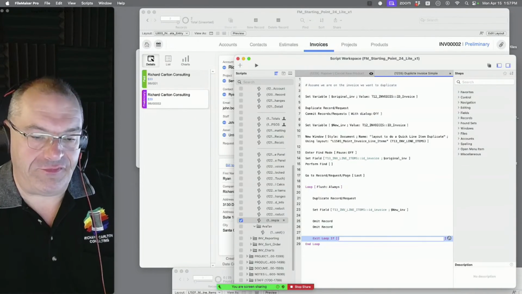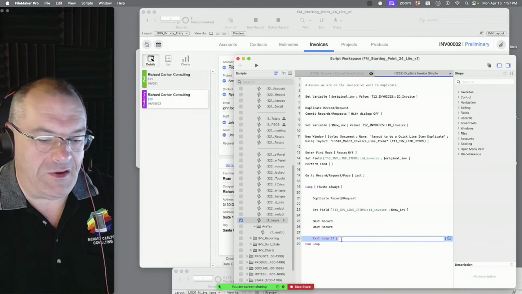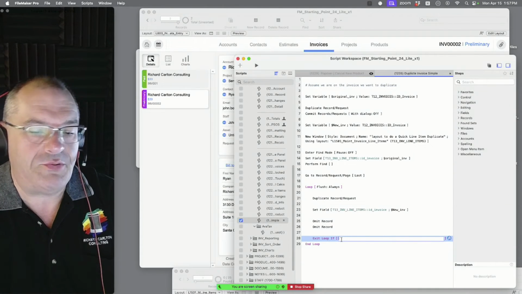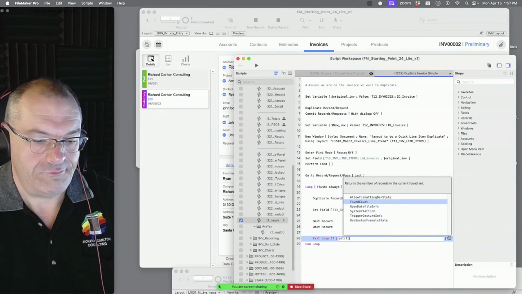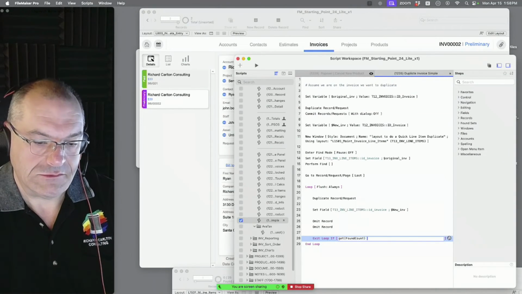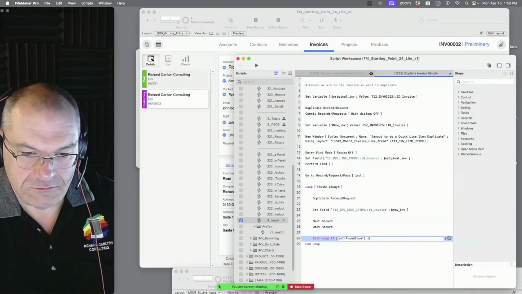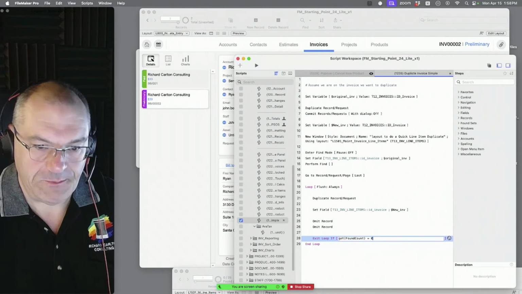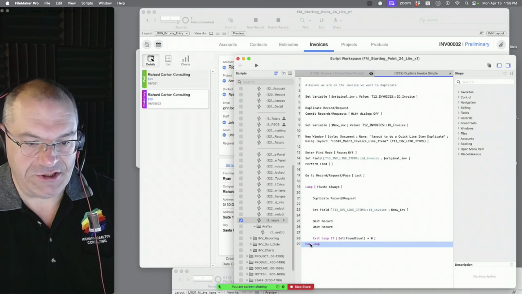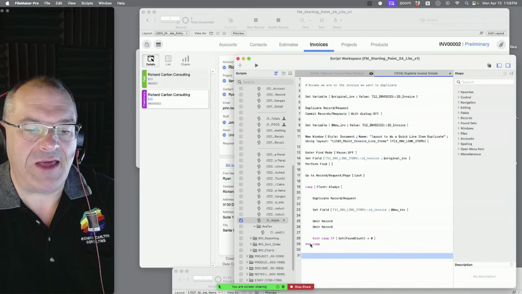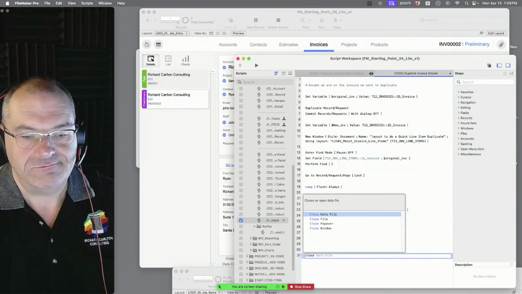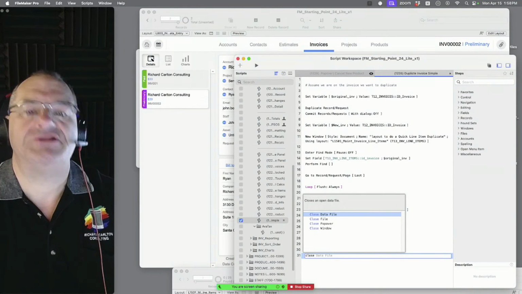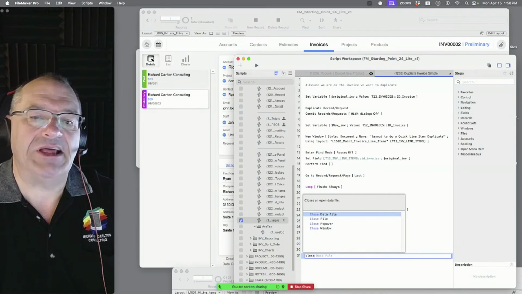Exit loop if... so what is it? It's a get function probably. Get, if get found count is 0. Equals 0. Okay. And then basically exit the loop. Now what's the next step? Close window. You're done. You just wrote this whole thing yourself, and it took us less than an hour to do it.